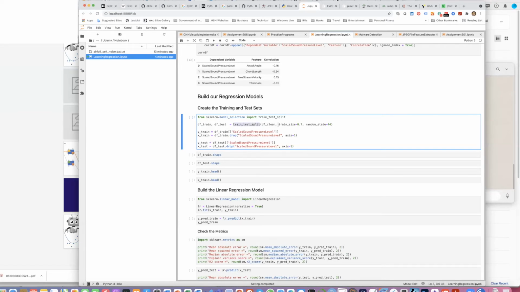Normally, the training set is going to be about 70-80% of the data, and the test set is going to be the remaining 20 or 30%. So here I'm keeping 70% as the training data and 30% as the test data. So this is what the variable is all about. Now after I get my train test split,